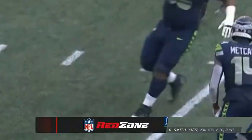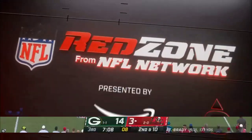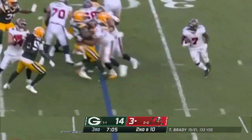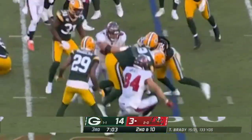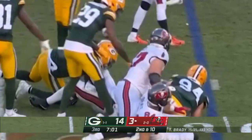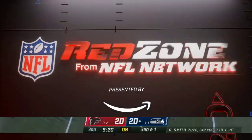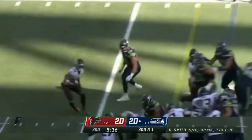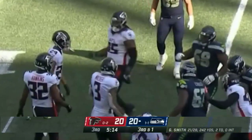And he goes for 21 yards, and Next Gen Stats tells us he ran 67 yards to get 21 yards on that game. But a little kickstart to the offense there for Seattle in the 2020 contest. But a lot of work for a yard. You know, it's interesting. Ryan, the back, he gets the football, and he gets the 1st down inside the 15